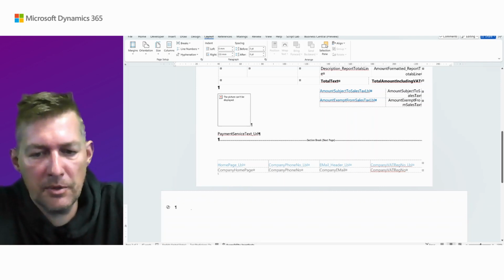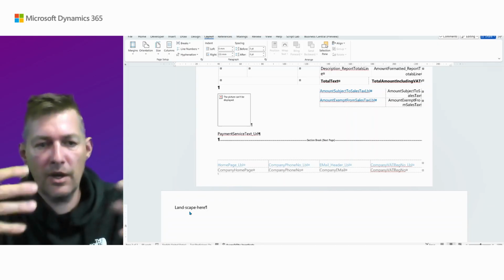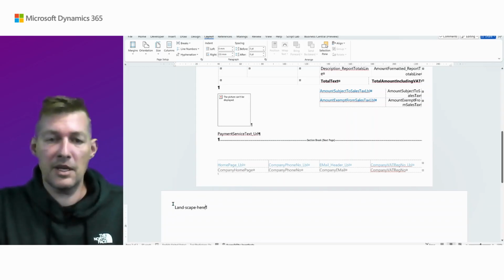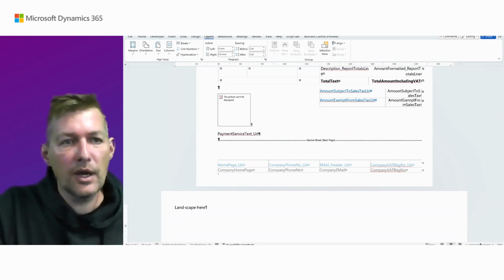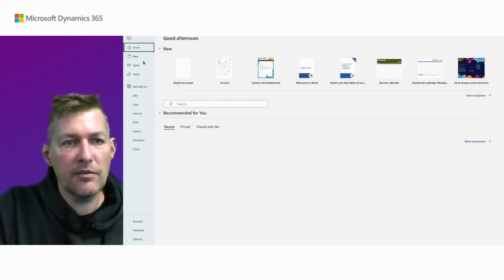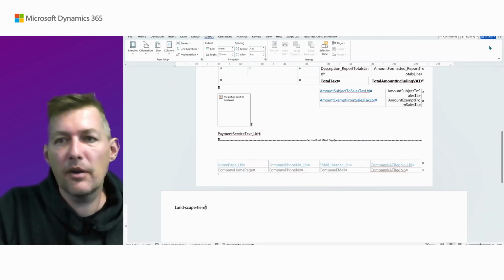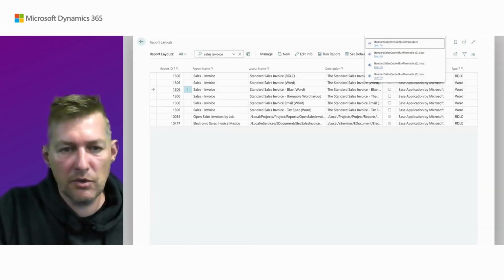So if I put something like landscape here, and imagine you had part of the layout that needed a landscape, maybe a table that needs to be more wide. Okay, I will just save my report layout here and close Word,